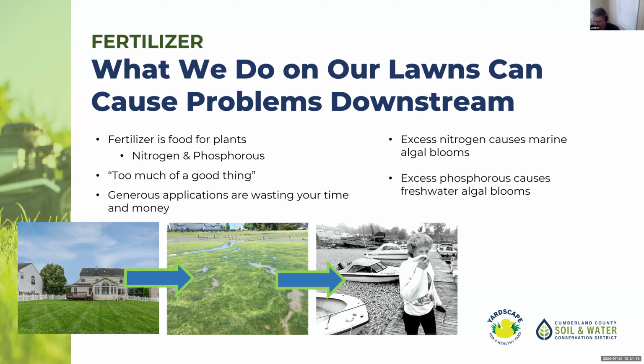So just thinking about those two main things being the big culprits for conventional lawn care practices, moving away from those, but still needing some way to feed your lawn and take care of pests. But chemicals are not the only answer. And there are ways to move away from these conventional practices and have a more sustainable, healthy lawn that is less impactful for our freshwater and saltwater ecosystems.